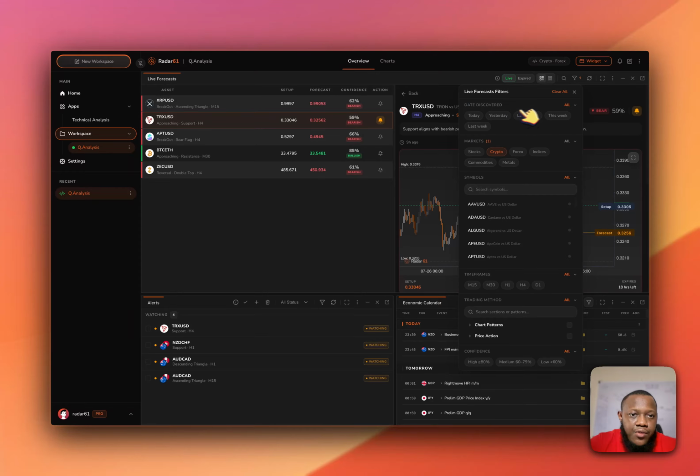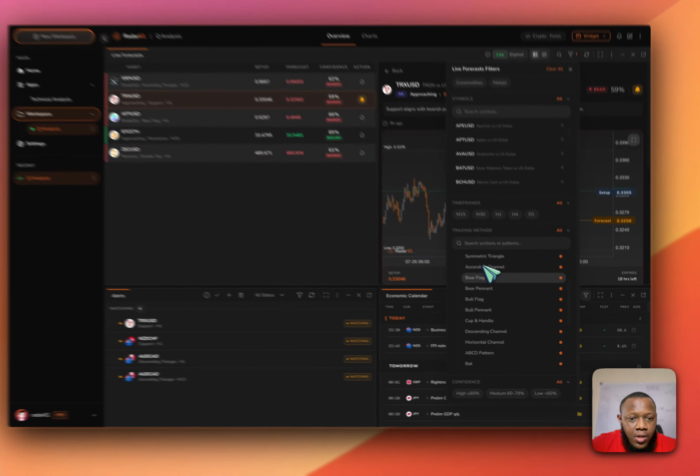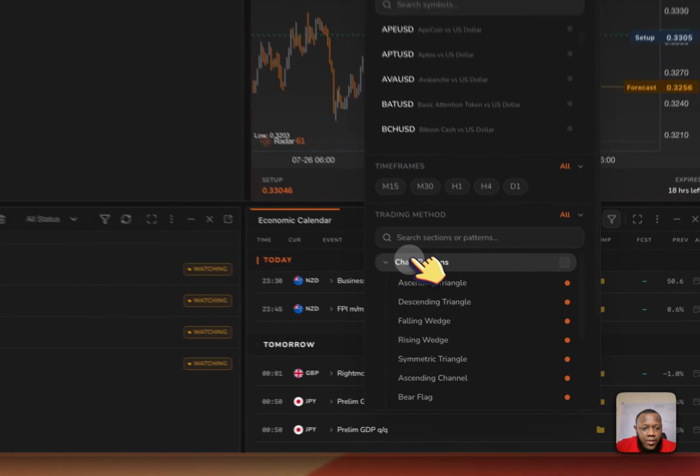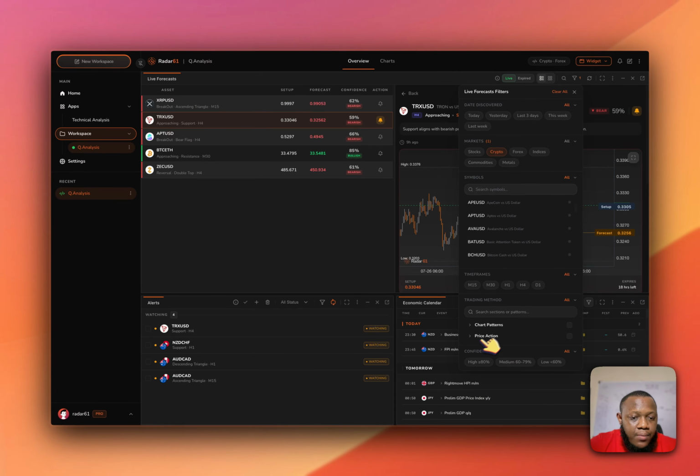This is where you choose the market you're looking for, the symbols, the time frames, the trading methodology. We have all sorts of trading methodologies here, more coming in soon. We've implemented the smart money concept, but we need to update that here on the app itself. Then you have the confidence scoring, where you can choose the confidence levels that you're focused on for now as